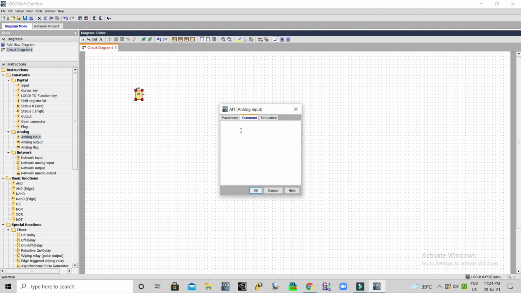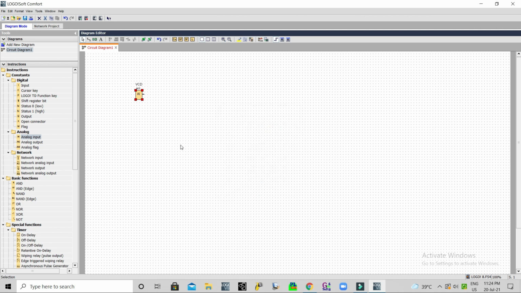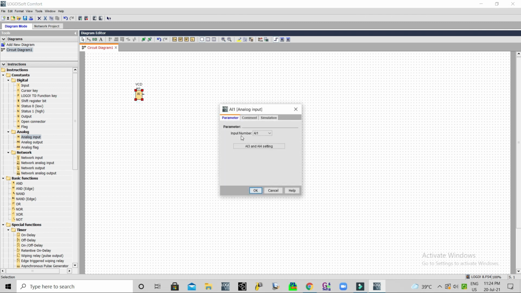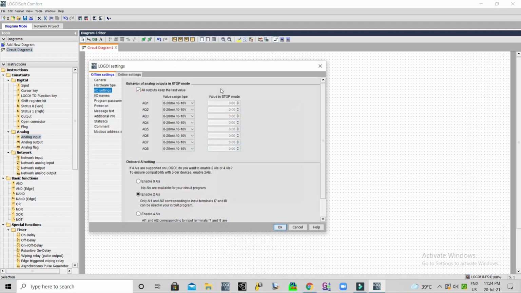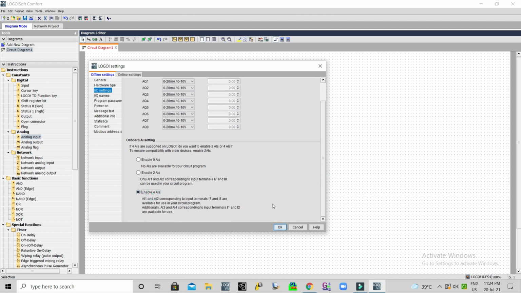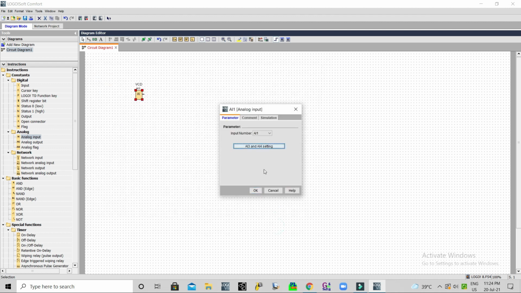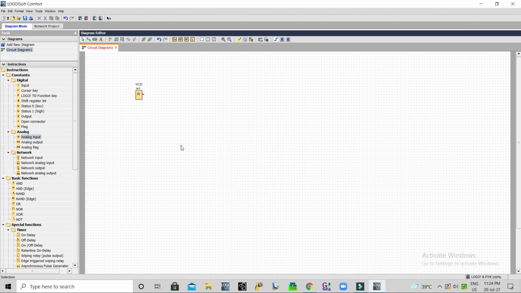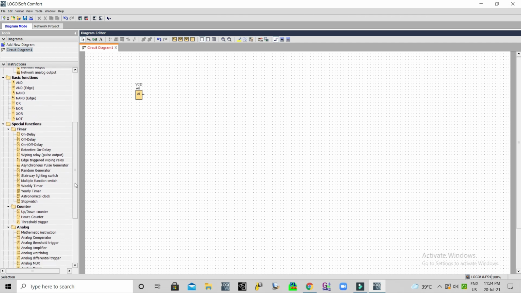This is VCD input. Now we will scale our analog input.